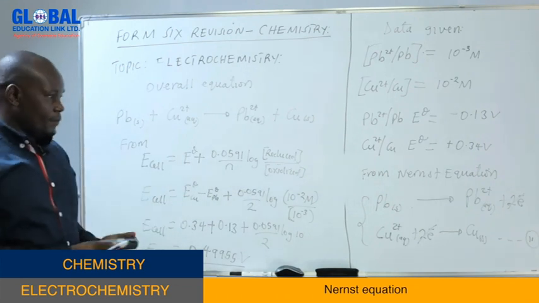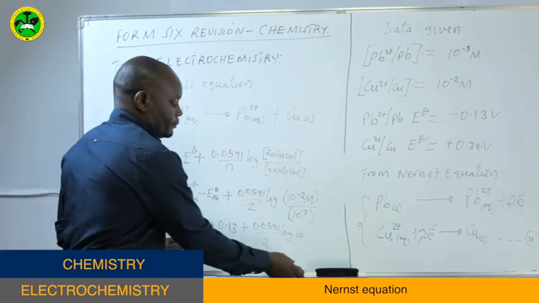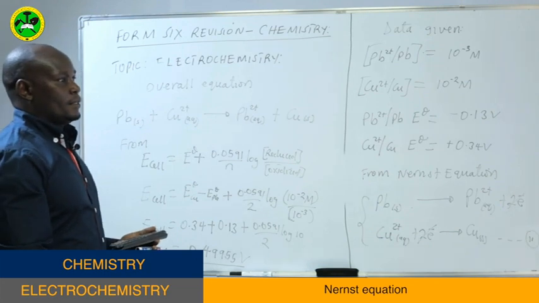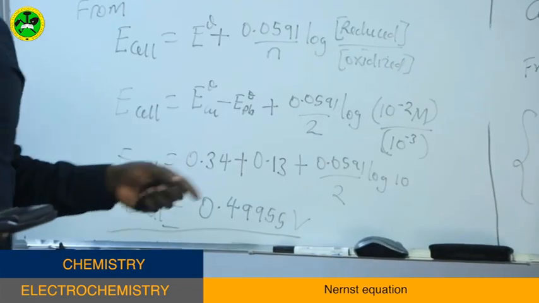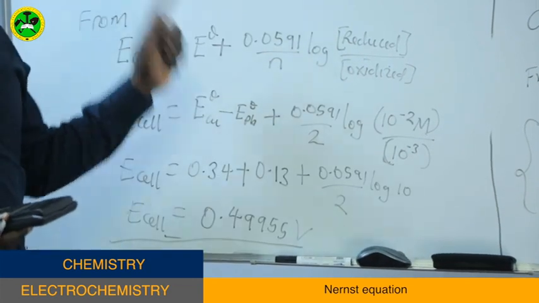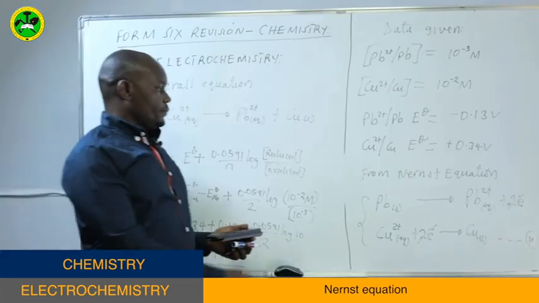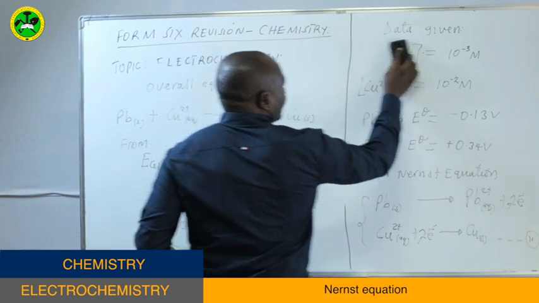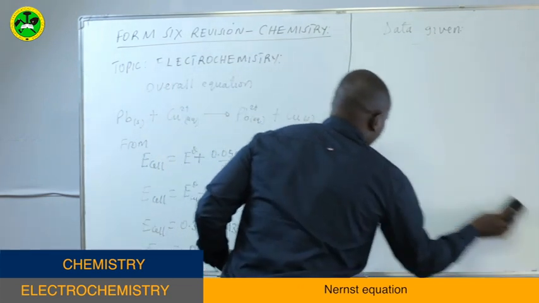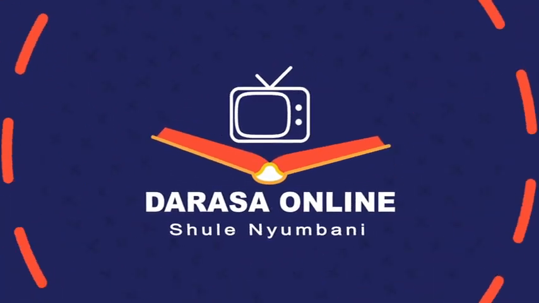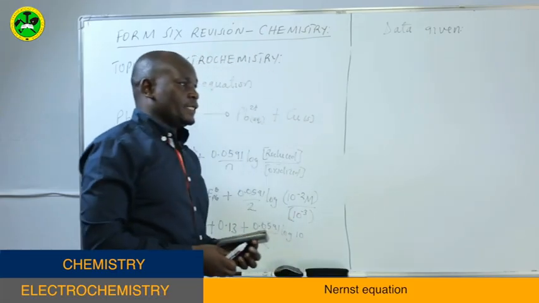Now let us see another example, example 2, of how you can use the Nernst equation to determine the EMF of a cell. You are watching Darasa Online. So from the second example,